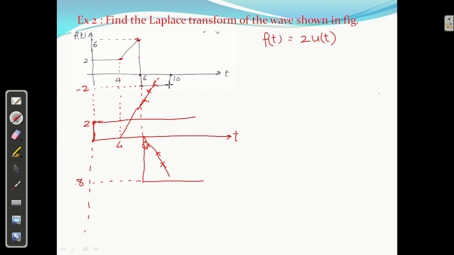And at 10, you can say ये कितना हो गया? ये कितना हो गया? 6 plus 2 8. और हमको वापस जाना है, तो कितना है ये? रिजल्टेंट क्या आ गया आपका? -2 है ना इधर. तो अभी स्टेप फंक्शन we have to add one more step function here. कितना मैग्नीट्यूड का? 2 का. 2.